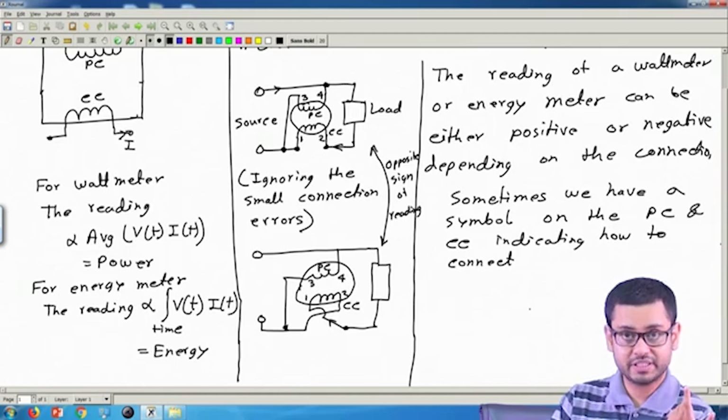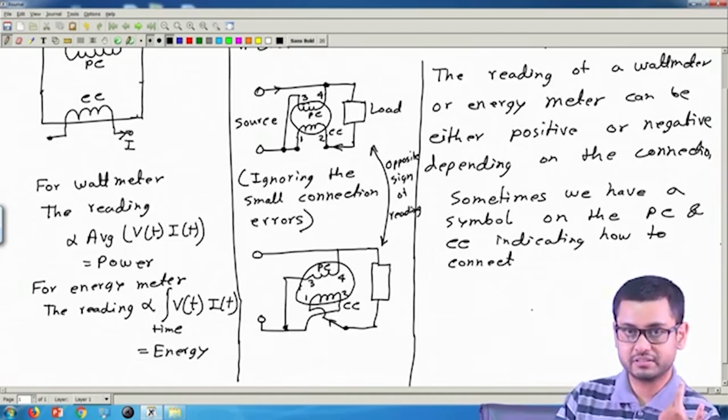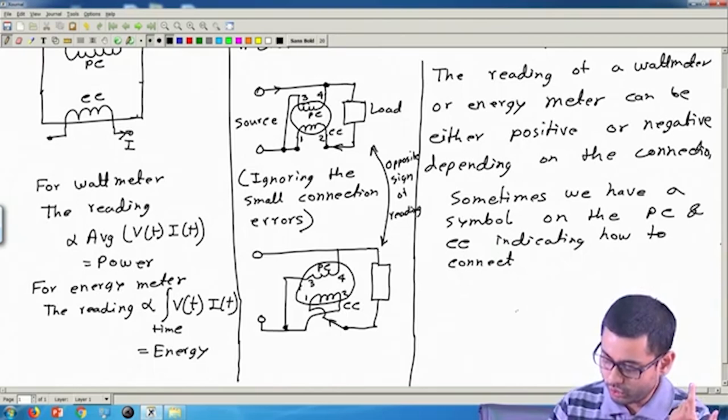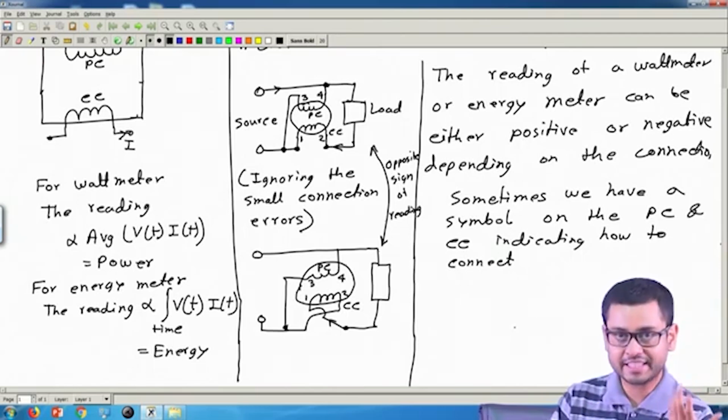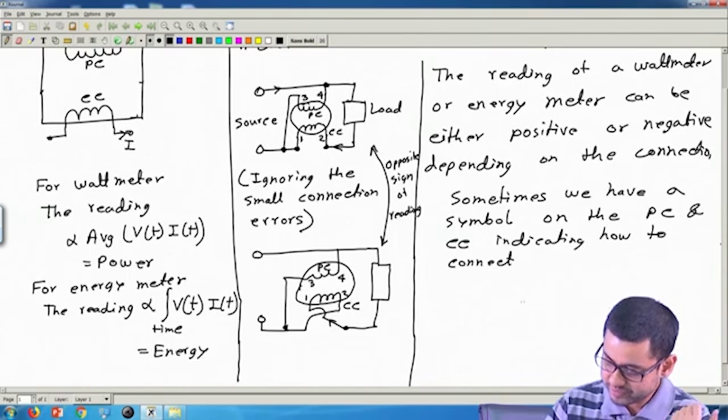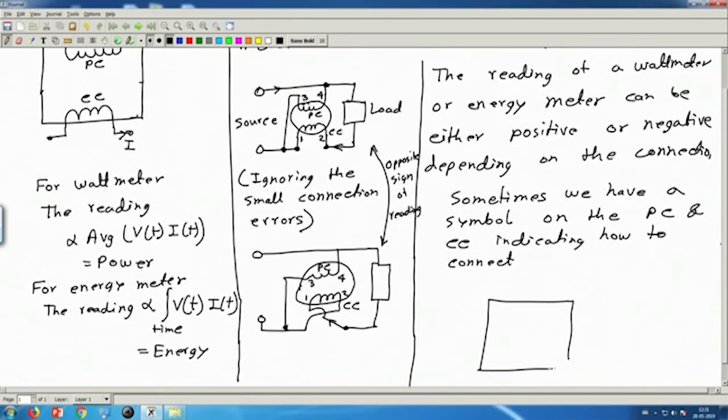The most important thing I was saying, in engineering, common sense is common sense. Okay. So sometimes, I am just giving you an example. Do not memorize it. Okay. So wattmeters can have markings like this. If these are the two coils, pressure coil and current coil, they may have a plus minus sign on one side of the pressure coil, and a plus minus sign on one side of the current coil,